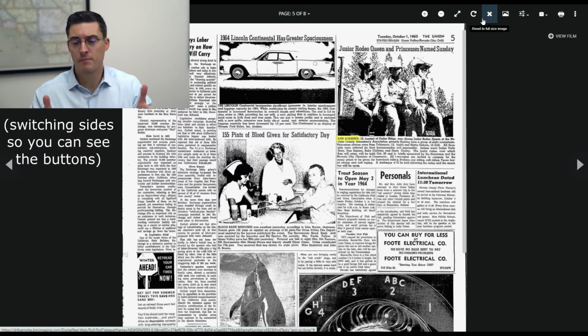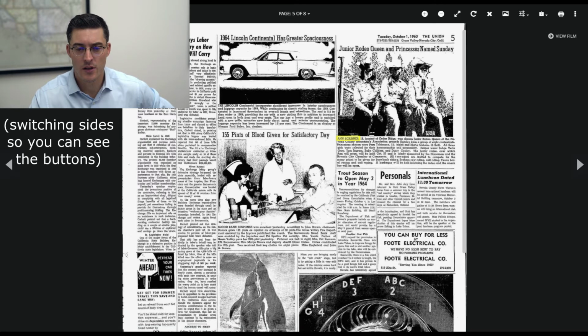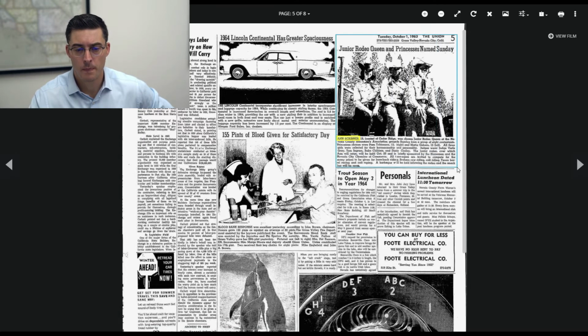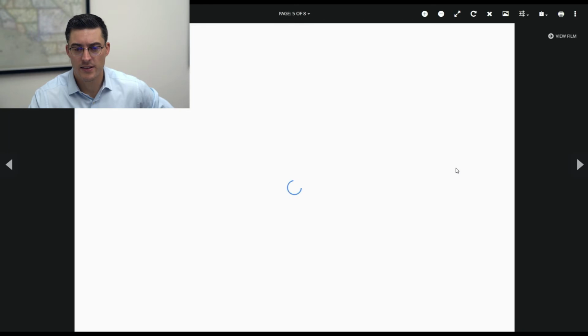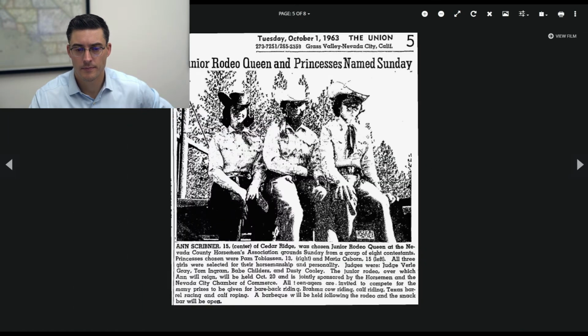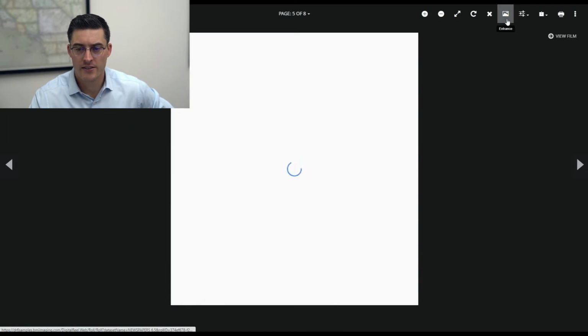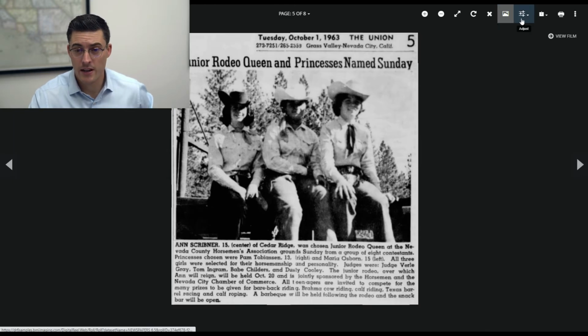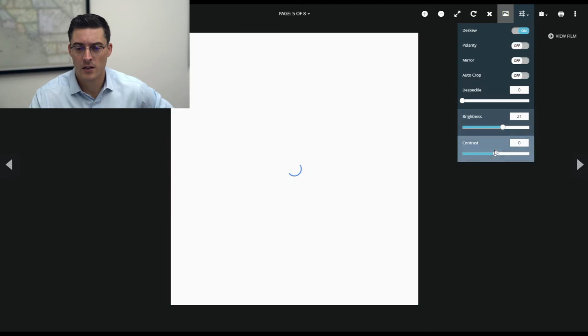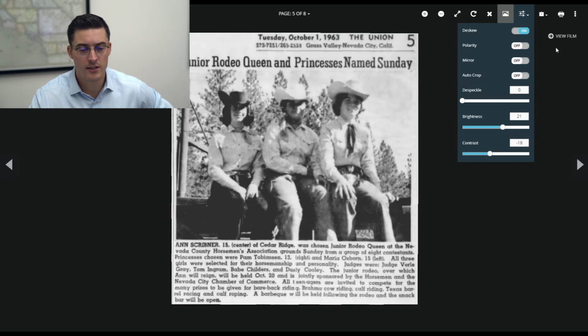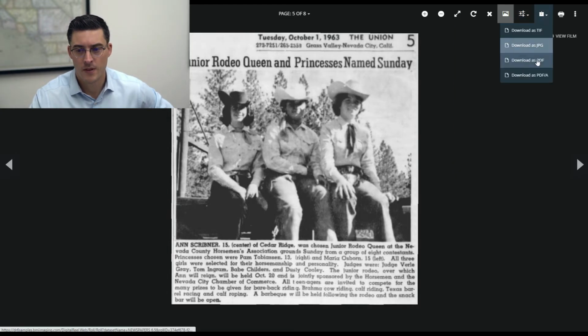I want to copy this piece of information. I want to make a print or a digital copy of it, but I only want that article and that picture. I can select that here. And then I can enhance the image by pulling up the grayscale, very applicable for libraries with all these photos and newspapers and whatnot. Do a quick adjustment, make it look a little bit cleaner, and then I can download